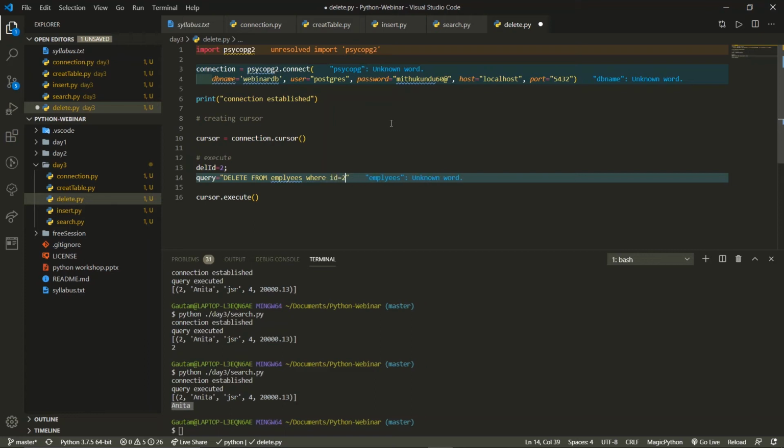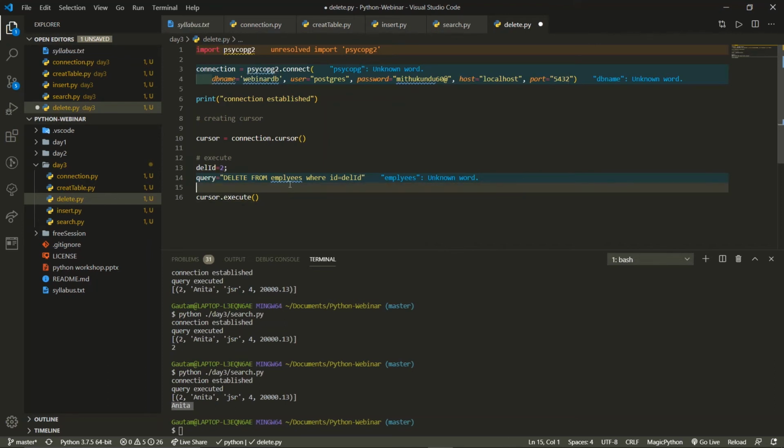If you write it over here directly, this will work. But if you want to use this variable over here, then we need to write it somewhat differently, because if you write this del id over here, it will take it as a string. It will check whether id is equal to del id or not. It will not take the value of del id, that is 2.